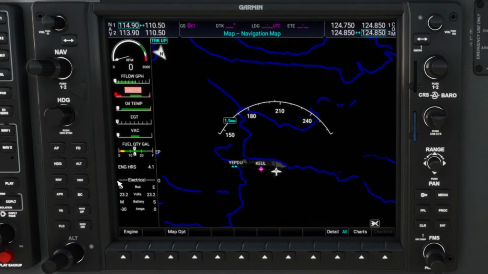Now that doesn't mean that you're necessarily going to hear COM1 or COM2 in your ear, because you are going to need to select in the audio panel which COM you want to listen to and which COM you want to talk on. Down below this, you've got your course and your barometric